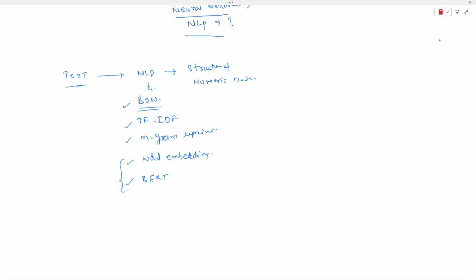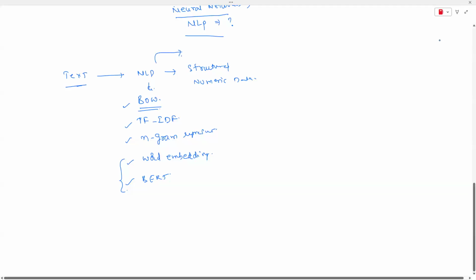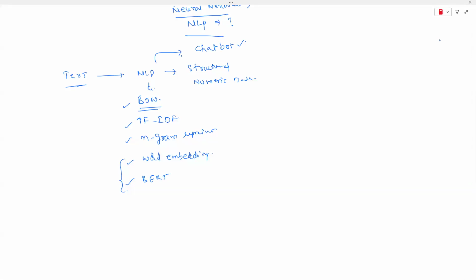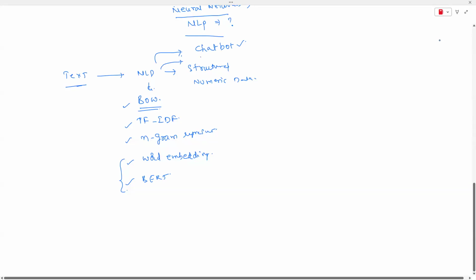In my classroom training related to NLP, the main thing we are going to discuss is how to develop a chatbot, a real application, and how chatbots work. The second one is predicting the next word, how to predict the next word whenever you are writing, and how generative AI works. I'll discuss that with the help of the concept called recurrent neural networks. See, NLP will only convert the text into structured format.